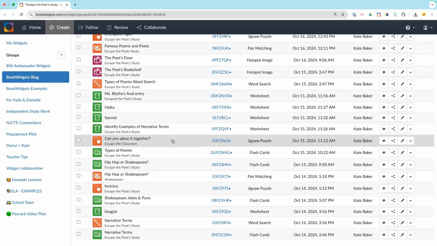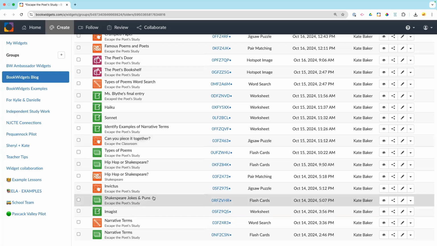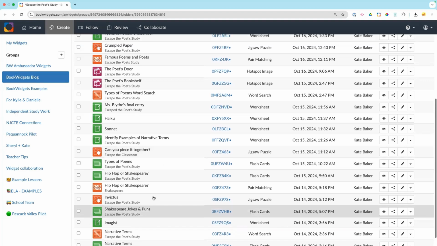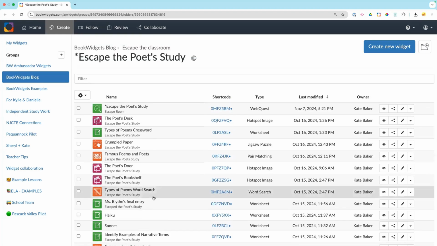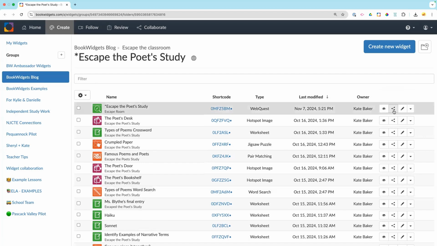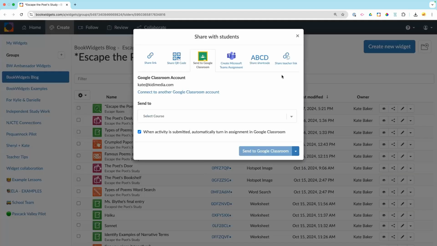So when you're thinking thematically and you want to create this type of experience, whether it's an escape room or a game, you can repurpose stuff that you've already made previously, and that will help to also speed up time. And also to save you plenty of time, in that BookWidgets blog group, you all have access to this. So if you find something that you want to use with your own students, if you're a member of it, you can just share the link